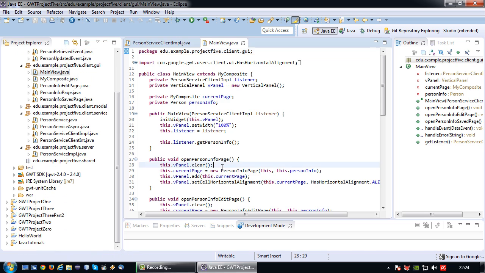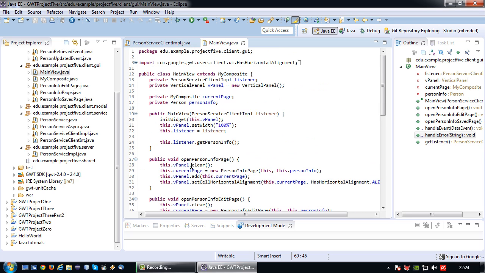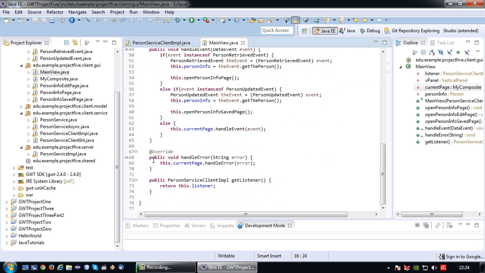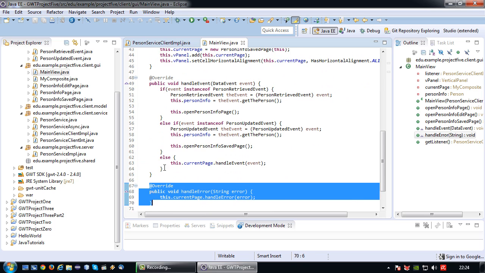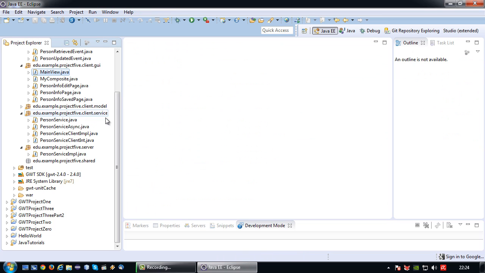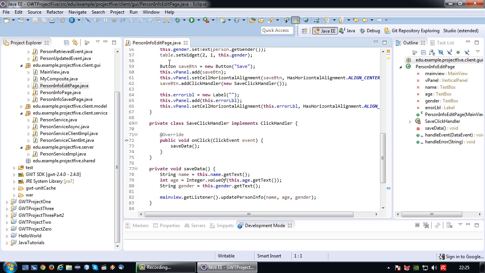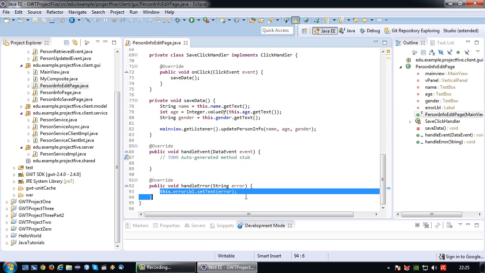The main view will basically pass this method along to whatever widget is currently open that is saved in the current page widget, which is of the generic type myComposite that all widgets are now inheriting from, and which all must compulsorily implement the handle error and the handle event method. And then for example it ends up on the person info edit page being displayed in the error label